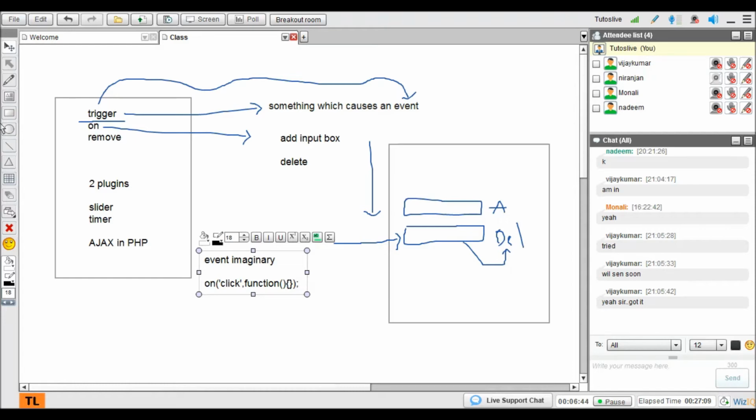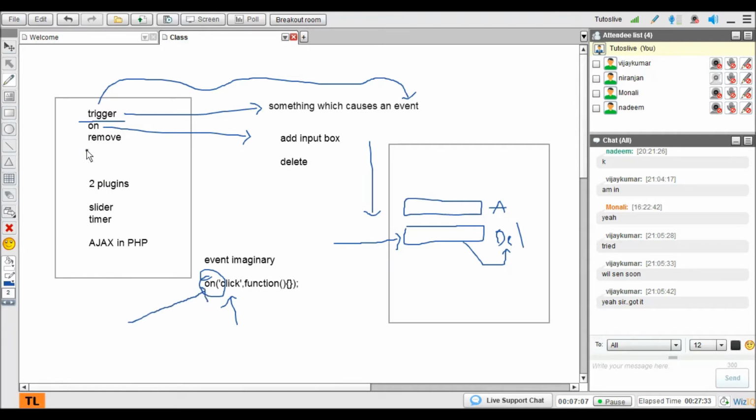So sometimes what I suggest is don't use the events directly, don't say click function, always use on. On is more dynamic. So instead of using click, key press, key up, blur, focus, change, whatever it is, try to use on.